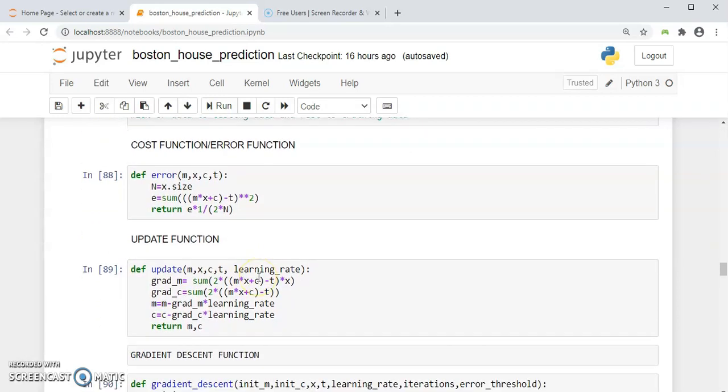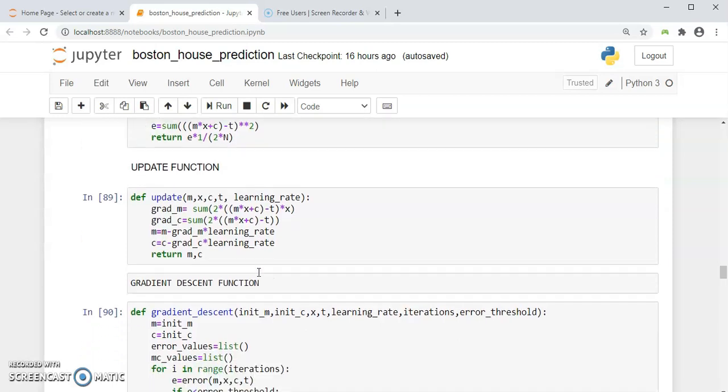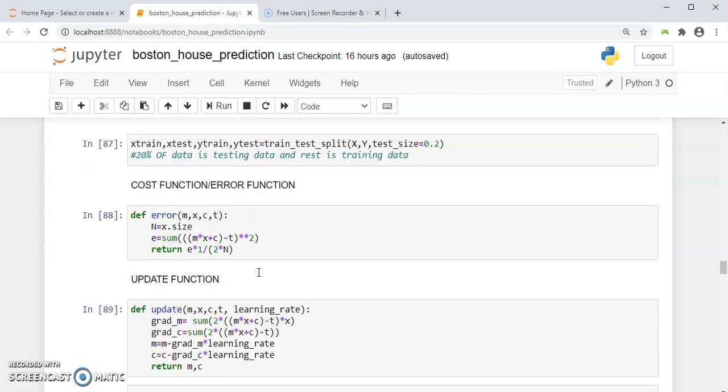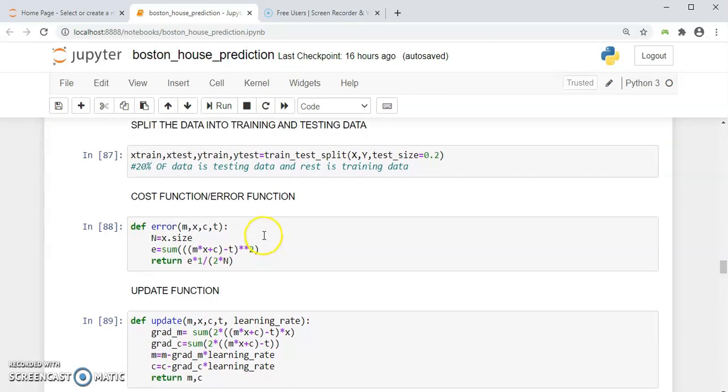The next step is to find the gradient descent. And to find the gradient descent algorithm, we have to find three very important functions, which are the cost function, the update function, and the gradient descent function. Now the purpose of the cost, or you can say error function, is to calculate the cost at the current position, and the parameters given are m, x, c, and y.